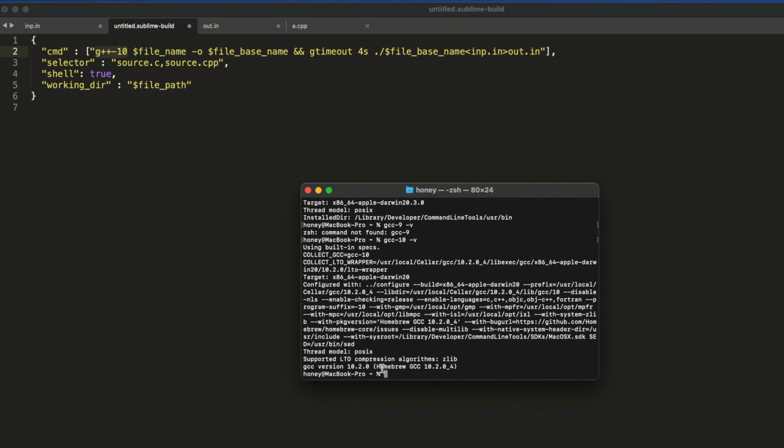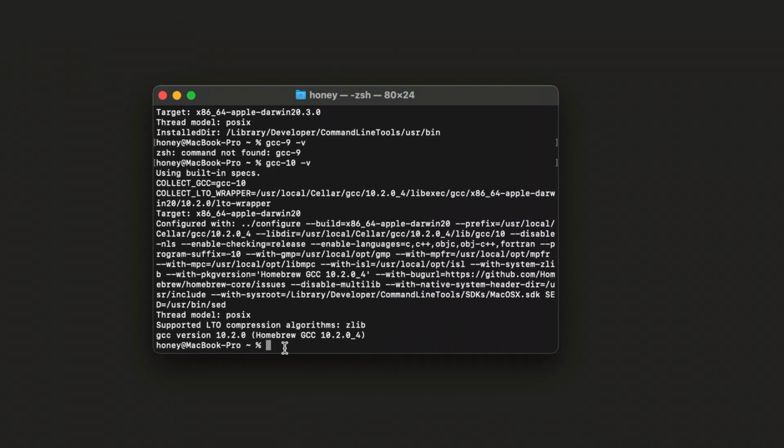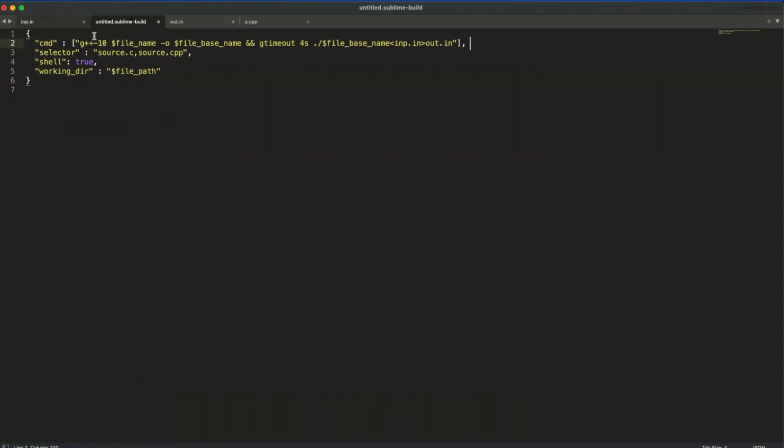So yes, I do have this version here, 10.2.0. For those who don't have GCC already installed on their computer, what they can do is brew install gcc, and this command will install GCC on your laptop or whatever device you have, and then you can proceed to check your version. If I have version 9, I'll write 9 here. If I have 10, I'll write 10 here. So those are some changes that you might have to do in your code.